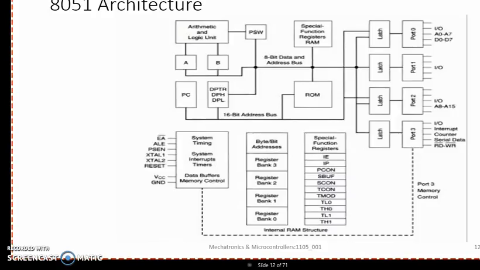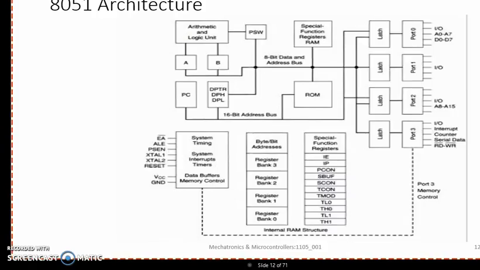Now the internal RAM is divided into 4 register banks, each containing 8 registers, 16 bytes which may be addressed at the bit level, 80 bytes of general purpose data memory. 32 input or output pins arranged as 4 8-bit ports P0 to P3, two 16-bit timers and counters, that is